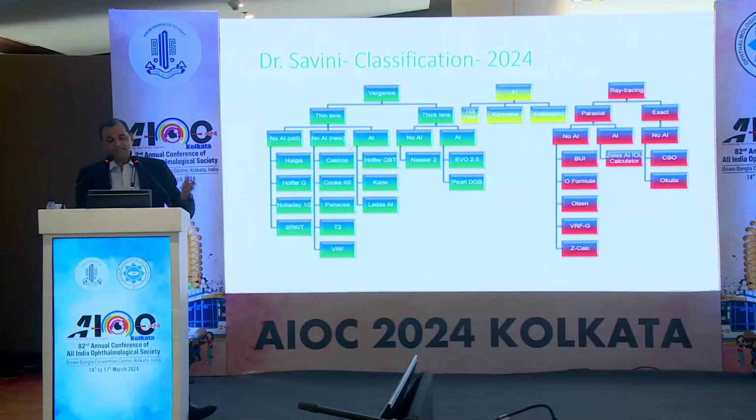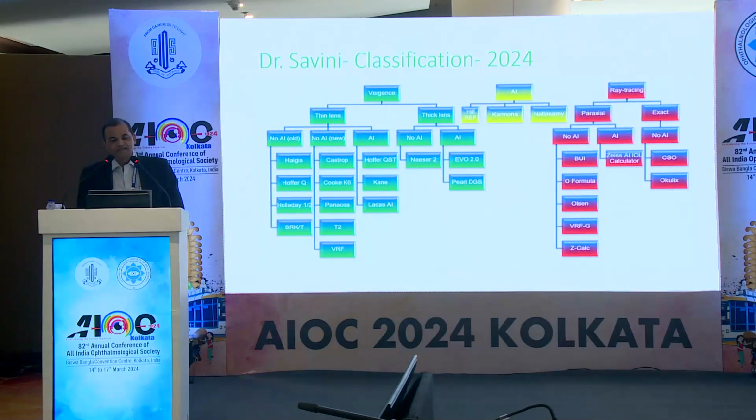And when these formulas are incorporated with the AI, then there is the Hoffer QST, which was recently introduced by Hoffer, because the Hoffer Q was working very well for short eyes. Dr. Jesus will take that part, how we go for the short eyes. But the Hoffer QST, Hoffer and Savini and Taroni, all started this new formula, that is Hoffer QST. Then the CAN, the Australian, has also given a very good formula. It is nearly the same as the Barrett formula, but with more incorporation of the theoretical optics and the AI, and the Kane super formula.